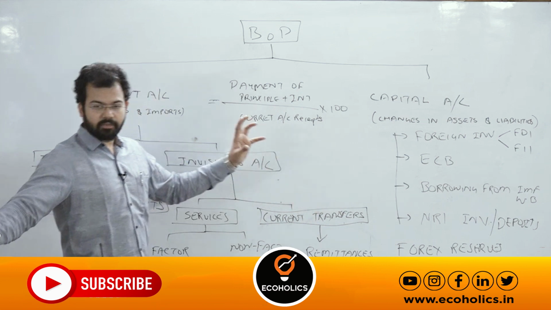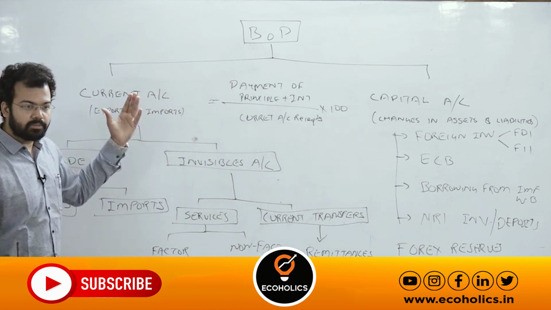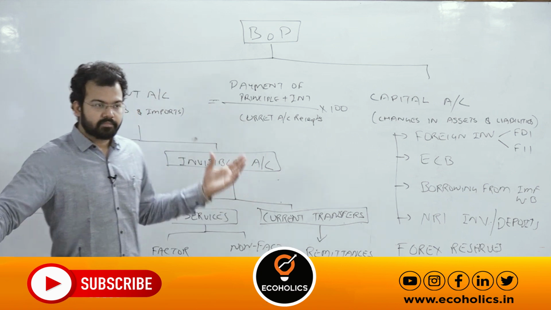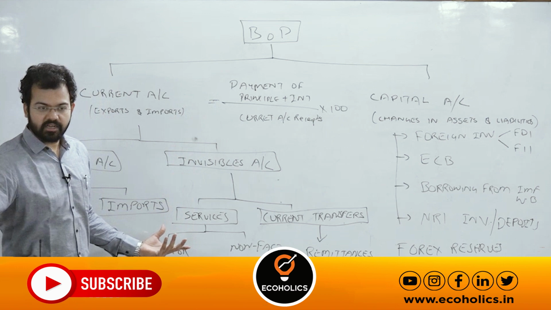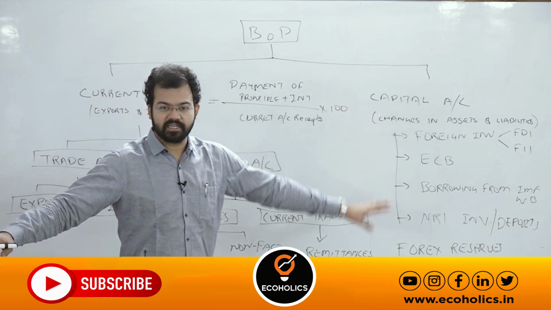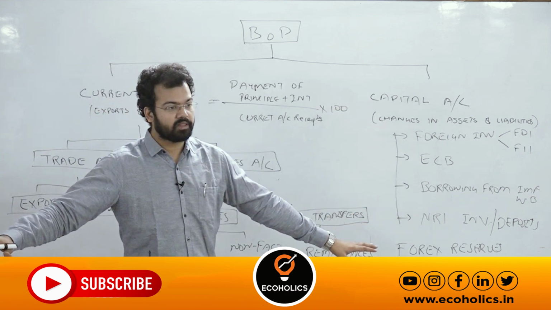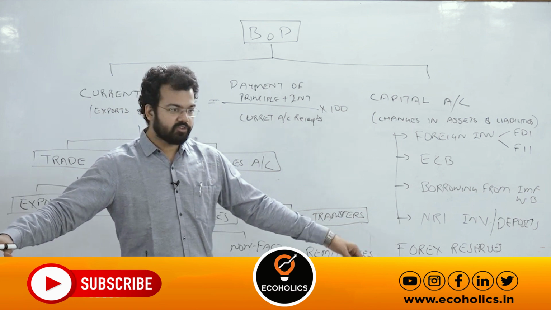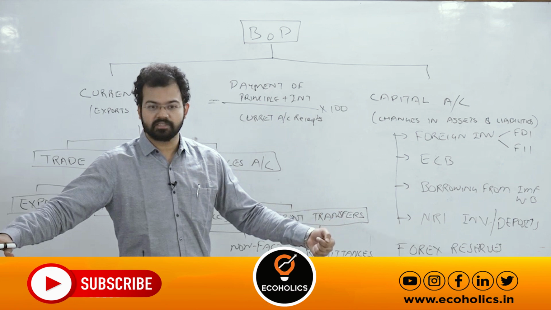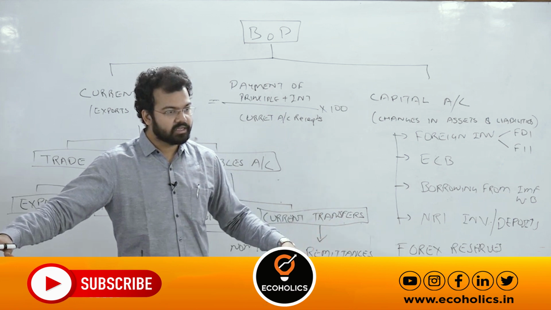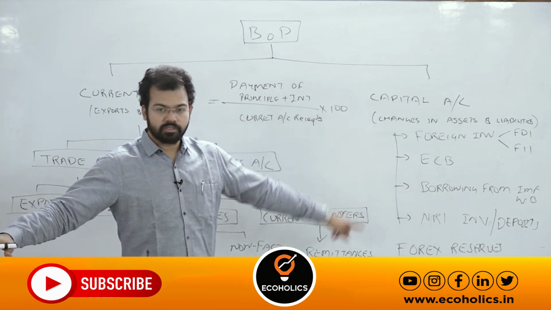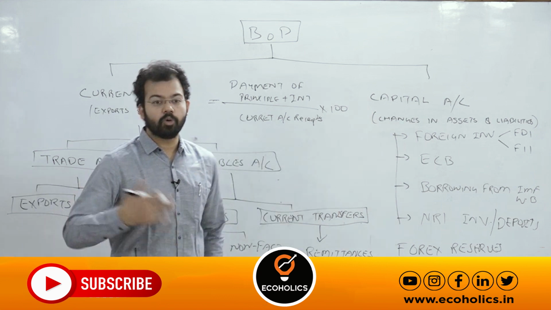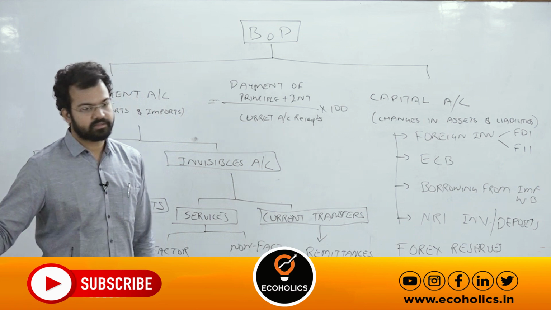So suppose, for example, you can understand these are current transactions. It means if you imagine the situation of an individual, this is all your salaries, etc. And these are your assets. Assets means wealth, house, etc. So first, obviously, if you are in crisis, you will use your savings, you will use your amount from salary, and later you will use all the assets. If there's a bigger crisis, you will sell gold, you will sell land, etc.